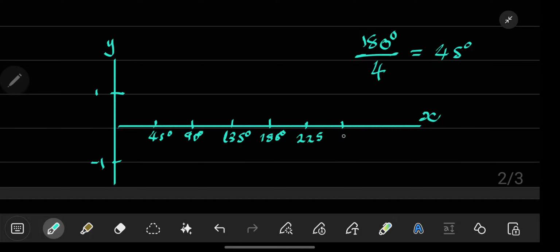225 plus 45? 270. 270 plus 45? 315. 315 plus 45? 360 degrees. Okay? So now, with tangent, guys,